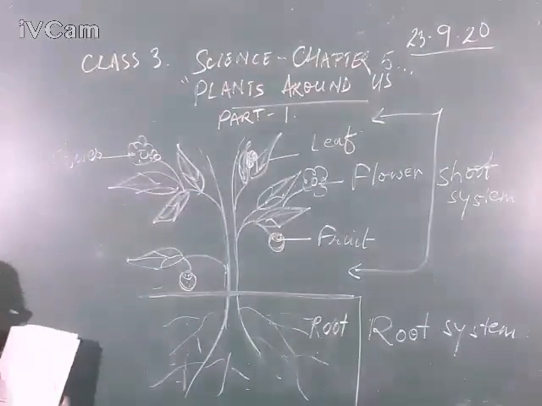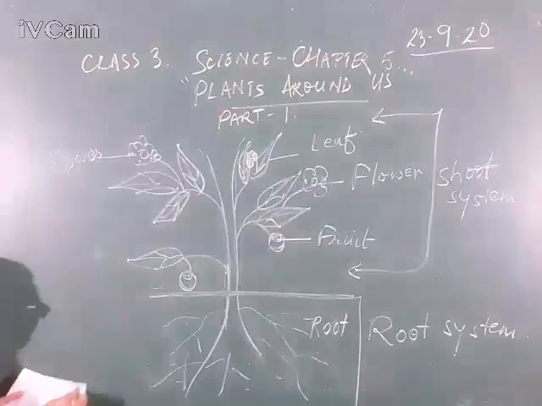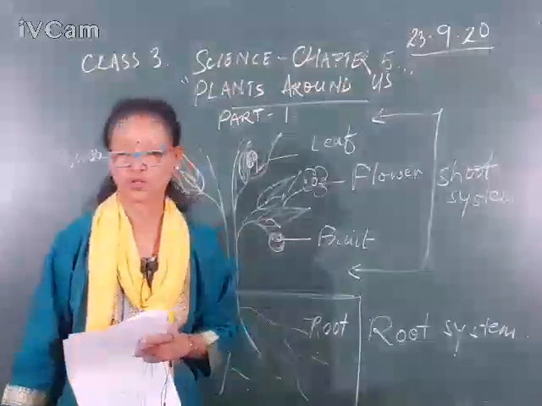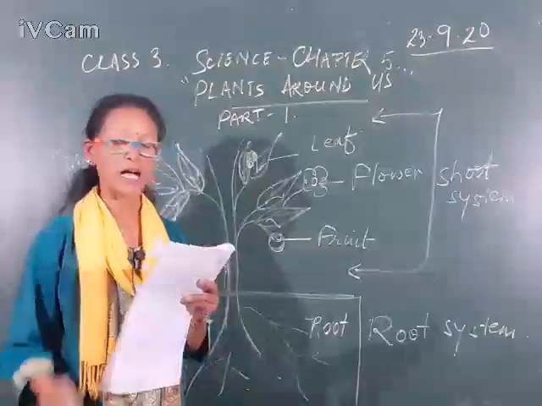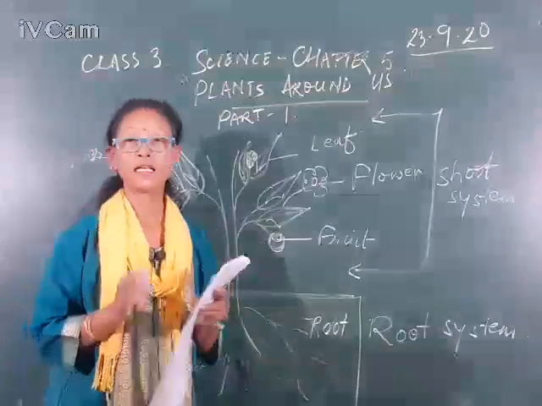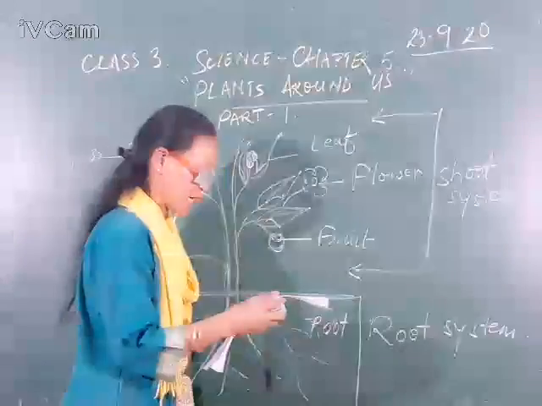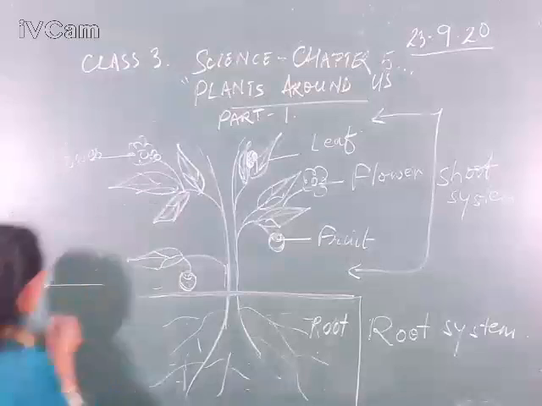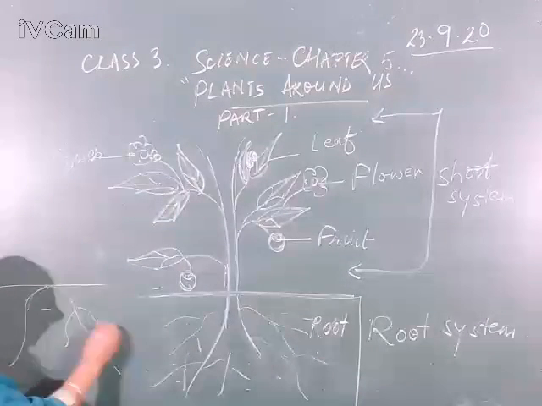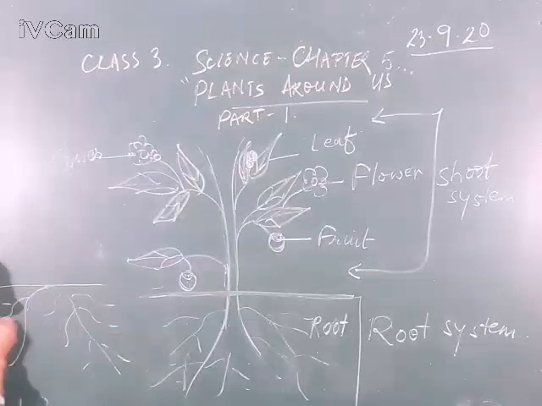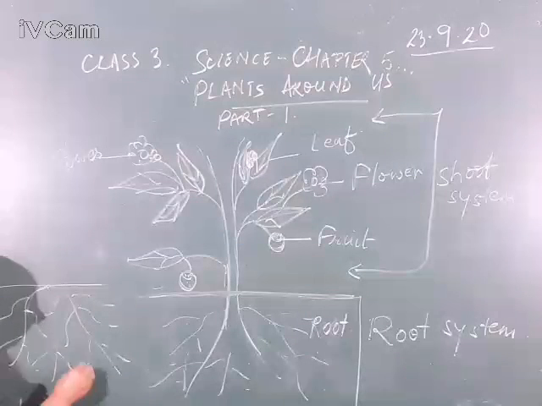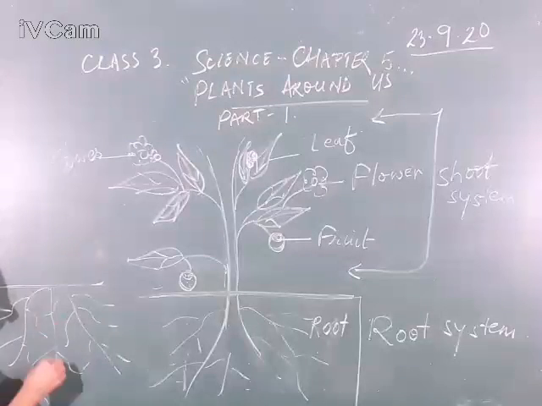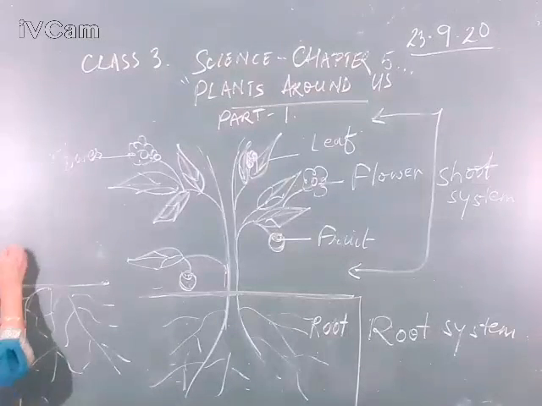Now, what is fibrous root? Fibrous roots are a bunch of thin, branched and bushy roots. See, these are the fibrous roots. See here, I will draw here. These are called fibrous roots. Okay, it has fiber. It is bushy. Did you see? It's bushy, and thin branched. It is called fibrous root.